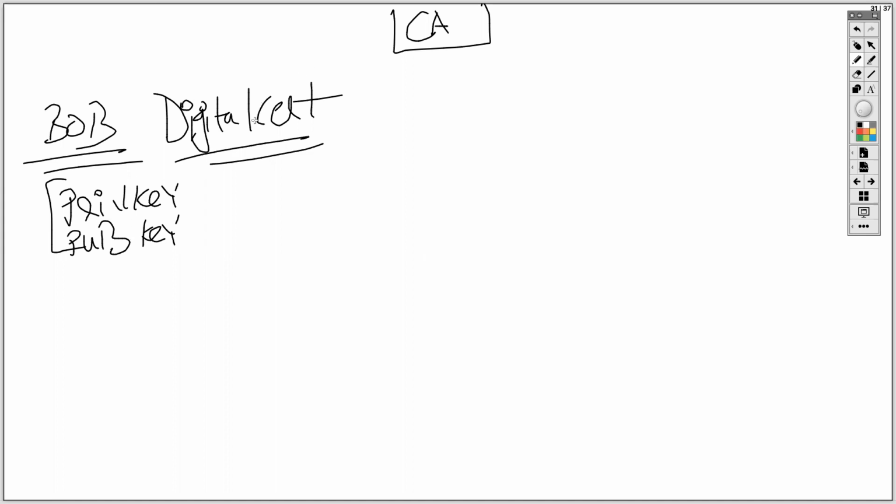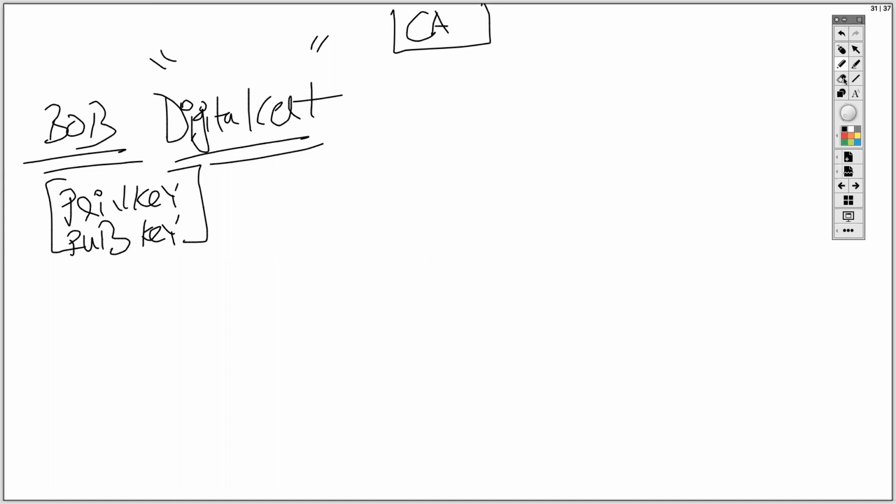What was the purpose of a digital certificate? Why do I need a digital certificate? Can anyone explain to me? For authentication. For authentication, right? Like for example, if I and Alice